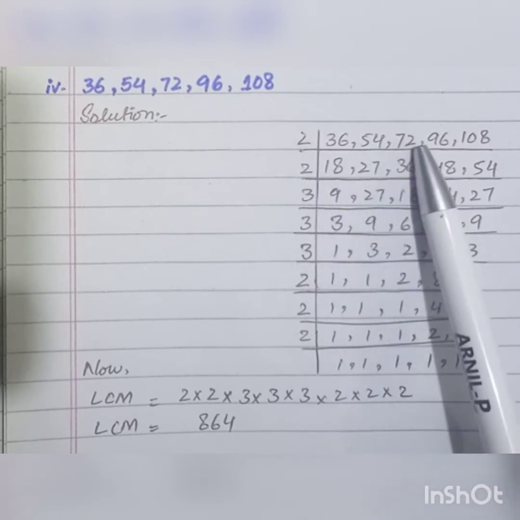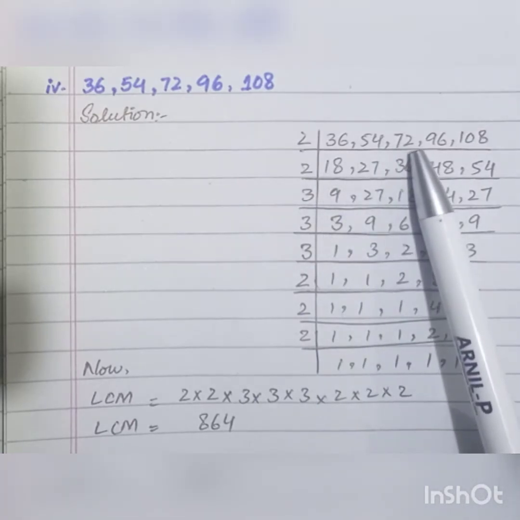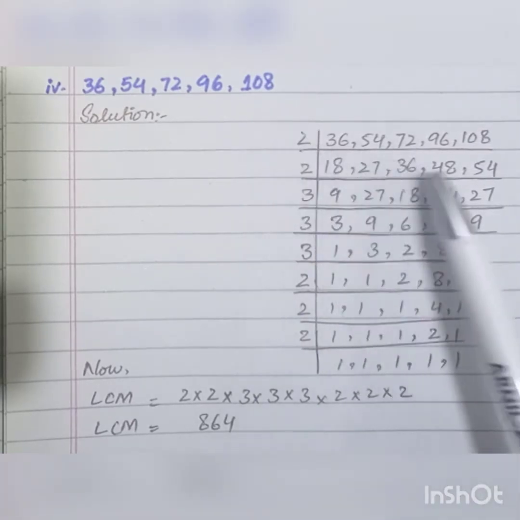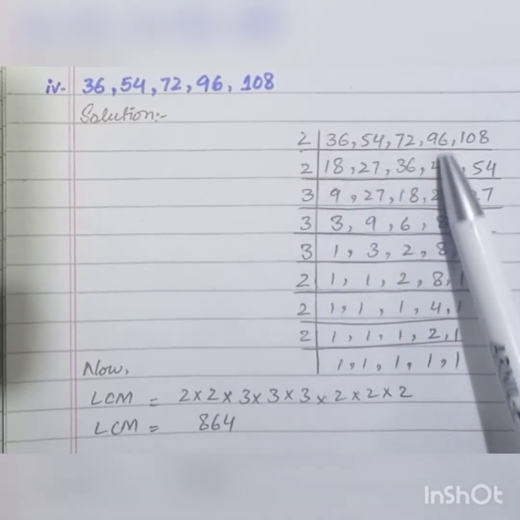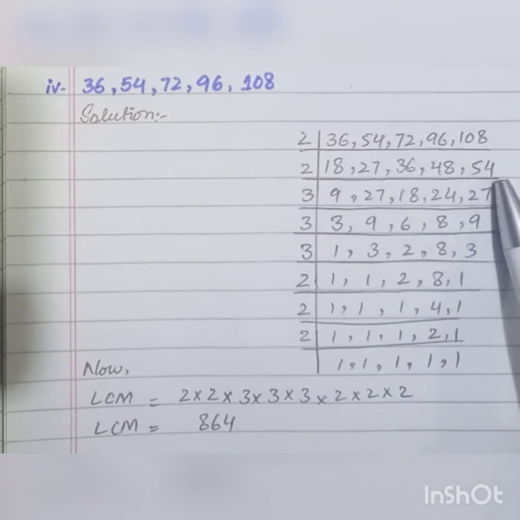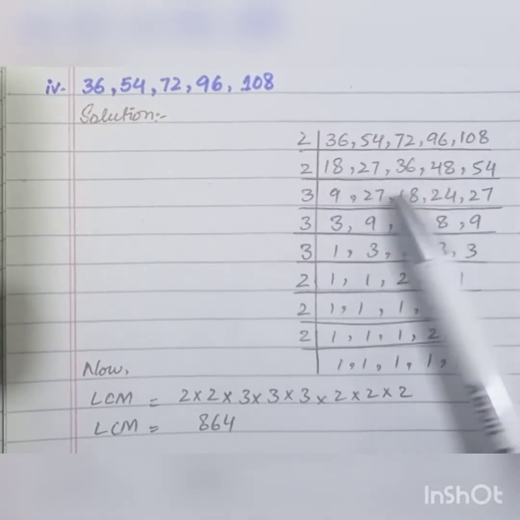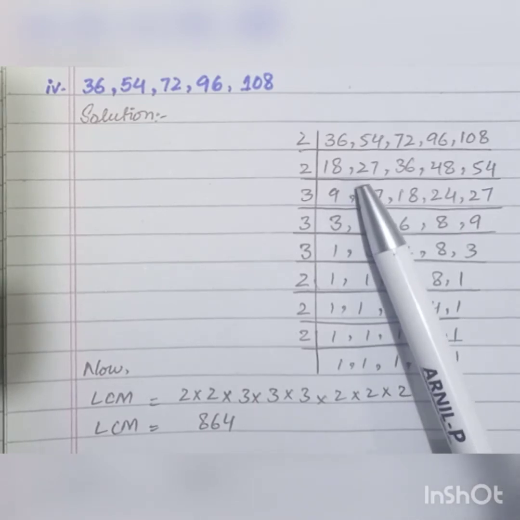Now 2 threes are 6 and 1 will be here. It would become 12. 2 sixes are 12. Now 2 fours are 8 and 1 will be here. It would become 16. 2 eights are 16 and 2 fives are 10 and 2 fours are 8. Now these numbers can also be divisible by 2. Just 27 can't be divisible by 2.